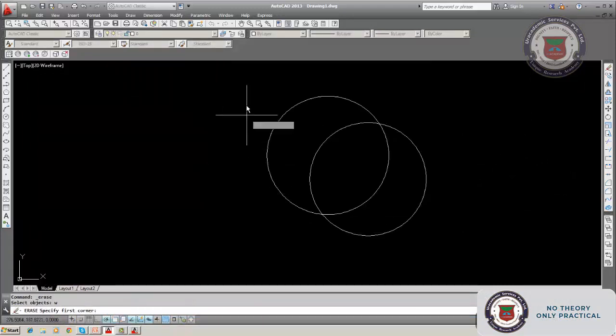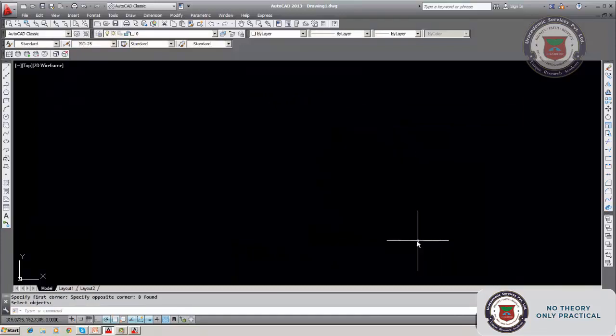Once we know the points, we can draw the circle. Similarly, 2 points you can select, draw, and that 2-point distance becomes the diameter of the circle. This is about the points. Now another advantage of points is it is helpful in dividing the line. Suppose there is a line, you want to divide it into equal parts. In that case, we can use the points.